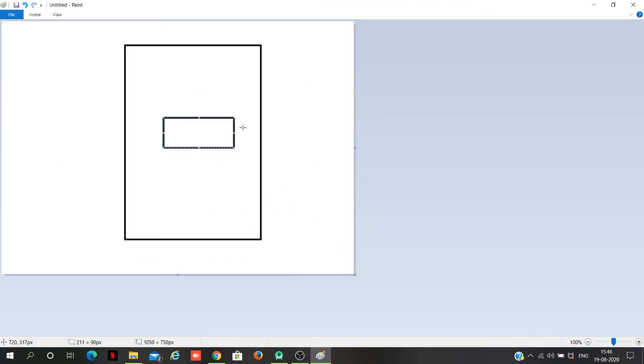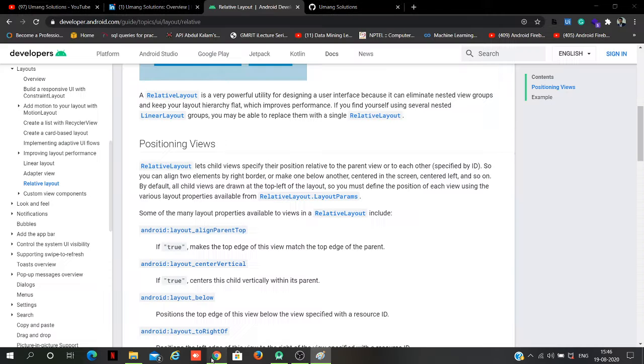I will show you: this is the top edge, this is the start edge or the left edge, this is the end edge or the right edge, and finally this is the bottom edge.